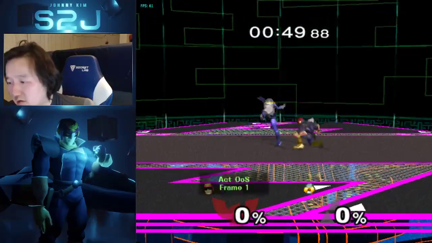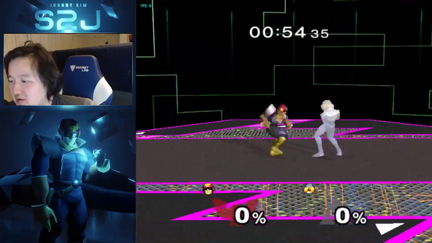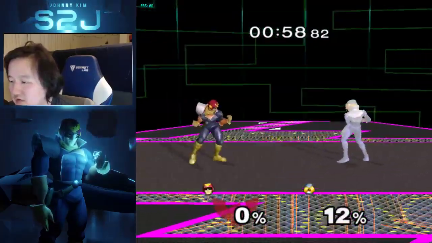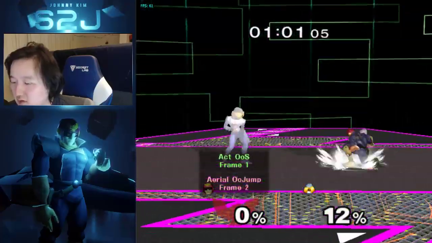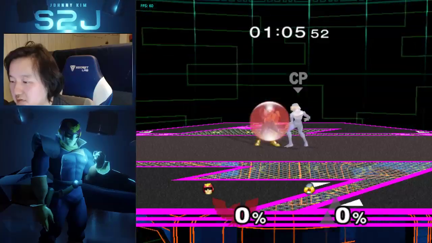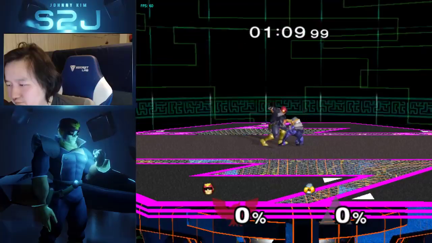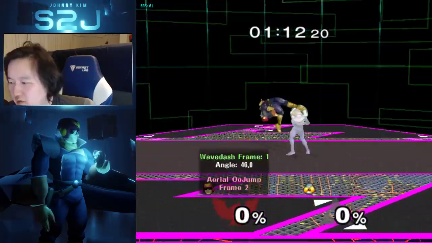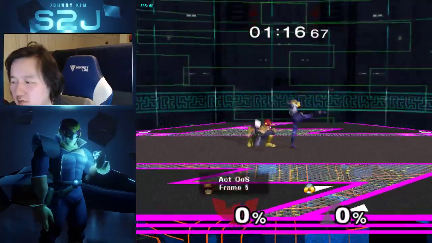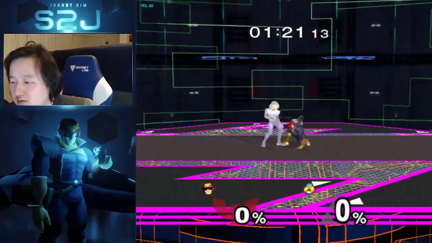Here's a pretty good one though, up air out of shield. Especially good against Sheik, because the range is quite good, as you can see. You're probably gonna block a lot of Sheik forward tilts, and that's just one of a bunch of key situations where up air out of shield is actually very, very good. The choice depends on the character, obviously. Some characters are too short,